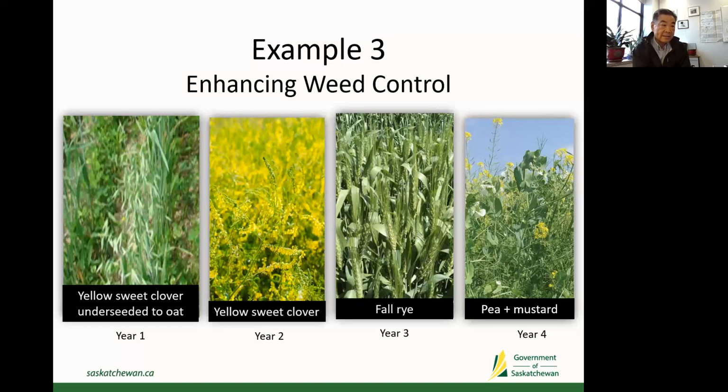So in that case, if the thistle was not suppressed enough by yellow sweet clover, definitely this rye would do that in year 3. And in year 3, you get a good rye,